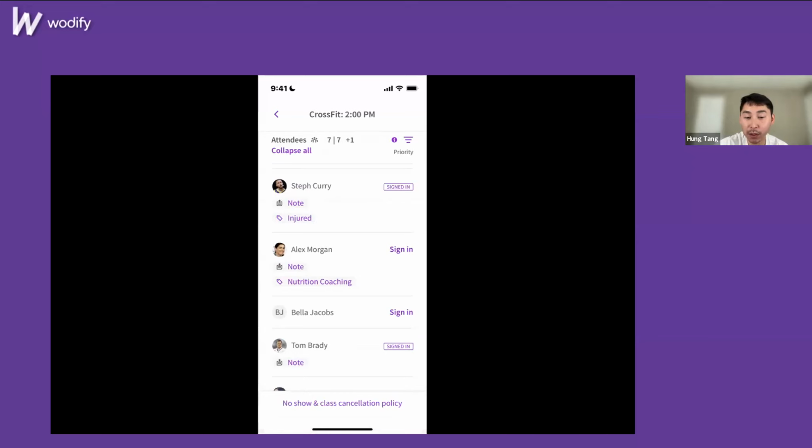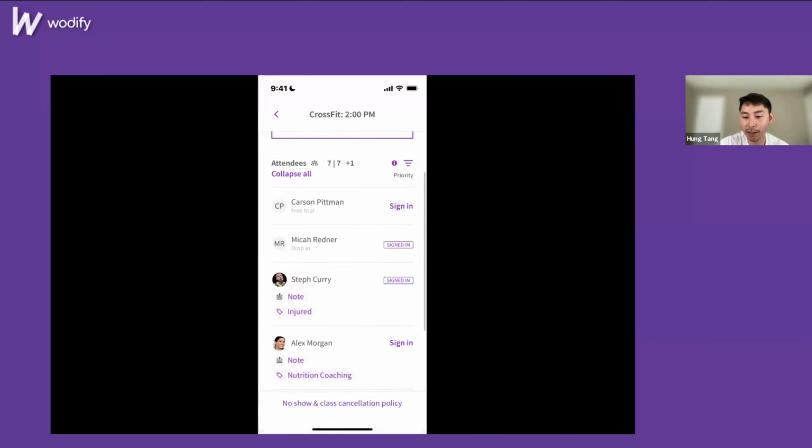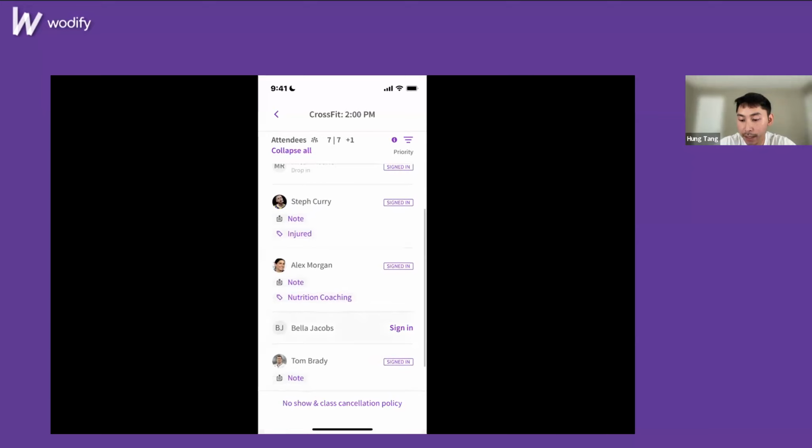All right. So as class is about to start, I'm able to see who has signed in and who still is reserved or on the wait list. You'll see those badges and signed-in indicators on the right side. As a best practice, have your coaches keep an eye out for people who still need to be signed in as the class start time approaches to ensure you have the most accurate attendance data. So it looks like Alex showed up, hasn't signed in yet. So I want to use that chance to say hi and sign her into class. So let's hit sign in for Alex. And then I'm going to also sign in the rest of the class. So let's do Carson. Let's do Bella.